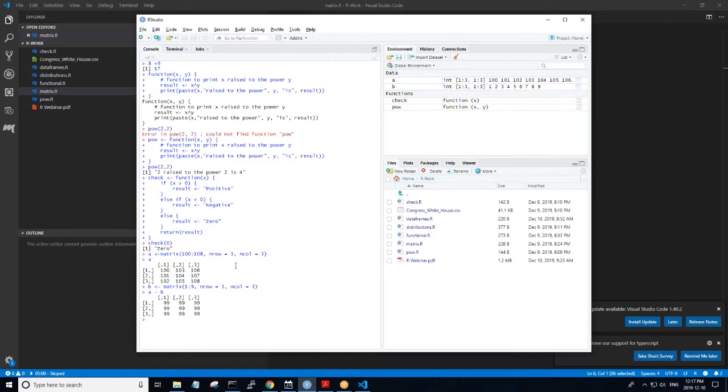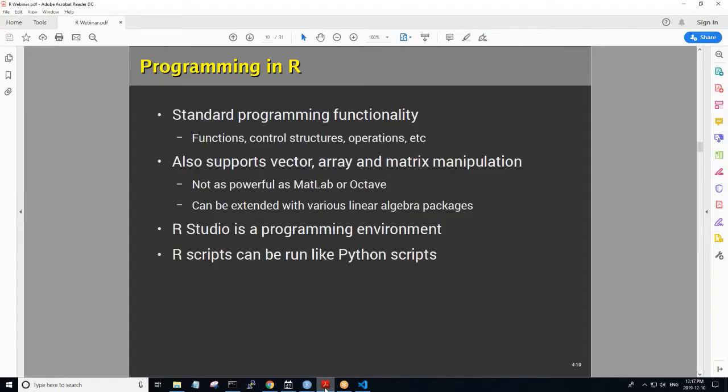Again, I'm not going to go into it, but what I wanted to show here is that we have a fairly standard programming model, plus a facility for working with matrices and arrays that makes it very easy to work with. When you're doing data prototyping and analysis and working with various kinds of algorithms, like, just pulling one off the top, gradient descent, this is the kind of thing that works out very, very well. So R has that.